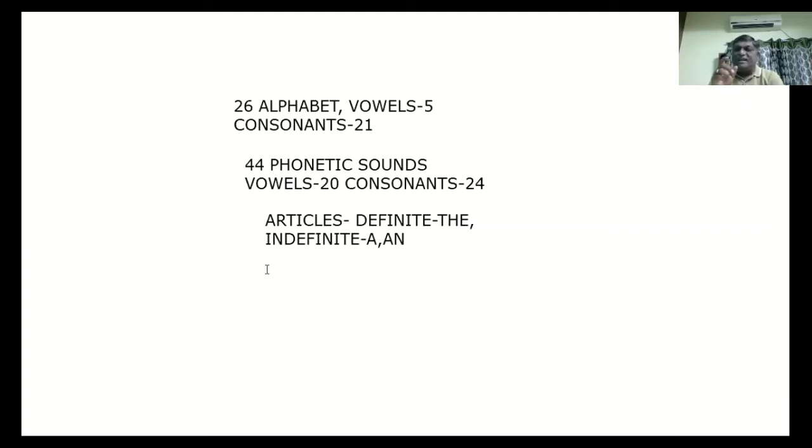So anything that you already talk about, or anything that you and your listener already know about, in that case, you can simply use the instead of a or an. So an is used for vowel sound, a is used for consonant sound when you are talking about something in general. That's why it is called indefinite. But when you use the, it has particular use. You are talking about something in particular.